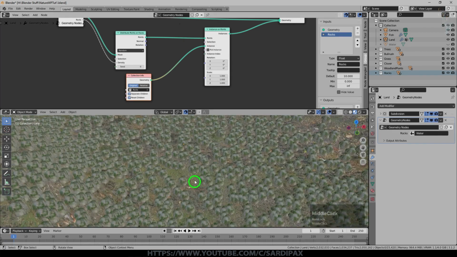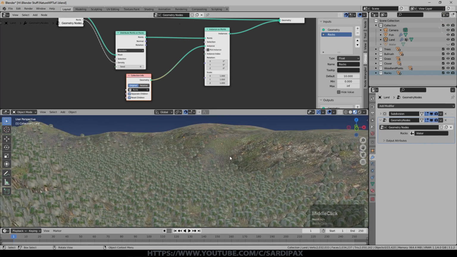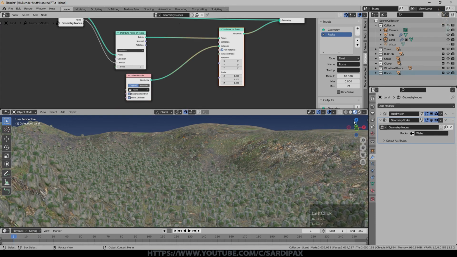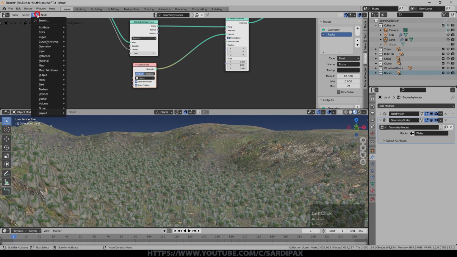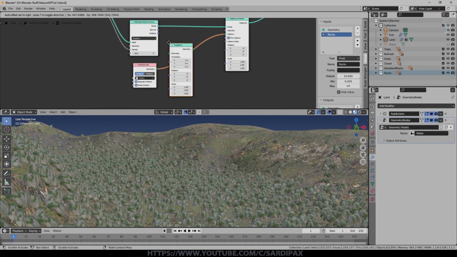And you can see I've now got a lot of different rocks appearing. They all appear to be the same rock at the moment. So I'm going to click that here. We go to rendered view. There they are. So now I need to randomize a few things, but I may also need to adjust the base size of the rocks. In this case, I probably don't, but I will use it in some of the other versions of this group of nodes. So I'm going to add under geometry a transform node and just drop that in there.